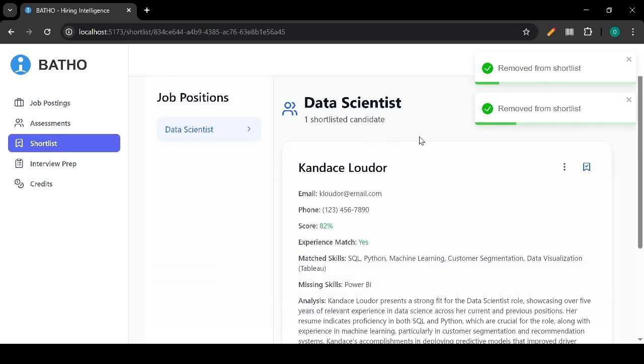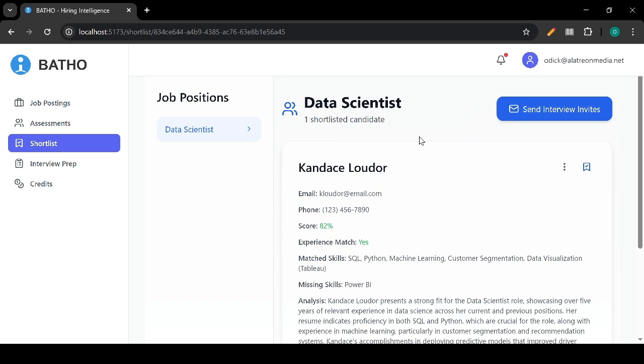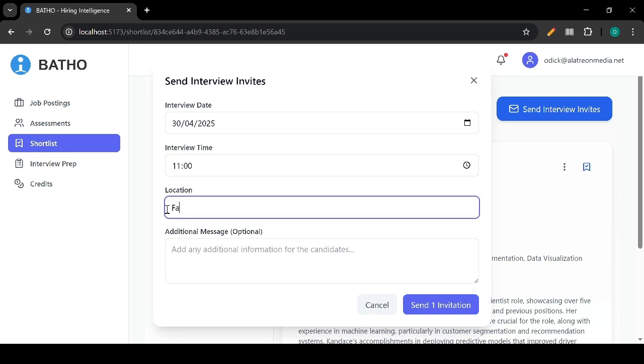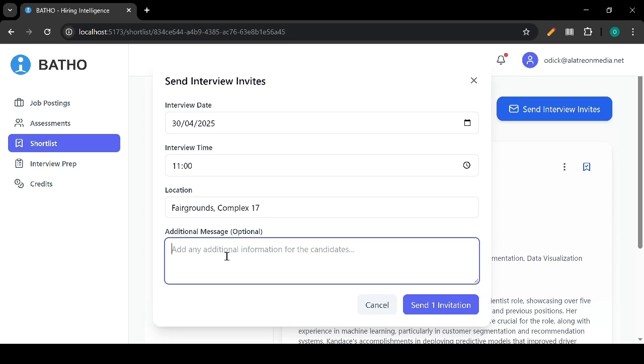The next thing you're going to do from here is you most likely want to start scheduling your interviews. Let's assume our shortlist had 10 people for the sake of it. You just hit the send interview invites, choose a date, choose a time, tell them where it's going to be. I don't know, let's say you have a Furman Fairgrounds, Complex 17. I don't even know if this is a real place, but let's assume it is. And you can write any additional messages, right? In this case,